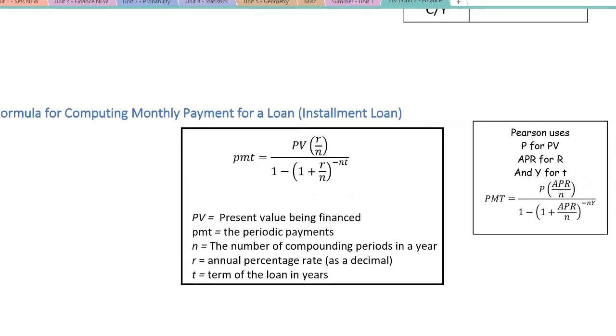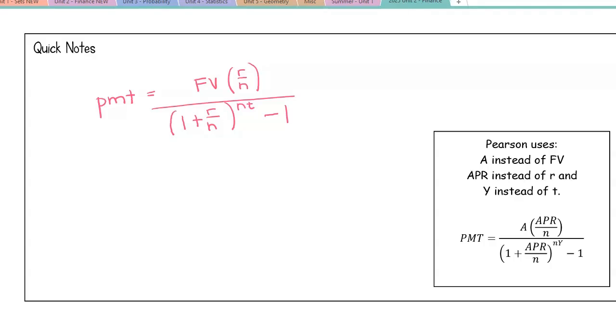Now, when you first look at this formula, it looks very similar in formatting to the formula we used in our last lesson on saving for a financial goal. However, in the formula from the last section, we used FV, future value. We were trying to figure out the payment so that we could reach a financial goal. Maybe we want to save $5,000 in the future or $20,000 or whatever the amount was. This is the formula that we would use, whatever we want to save in order to reach a financial goal.